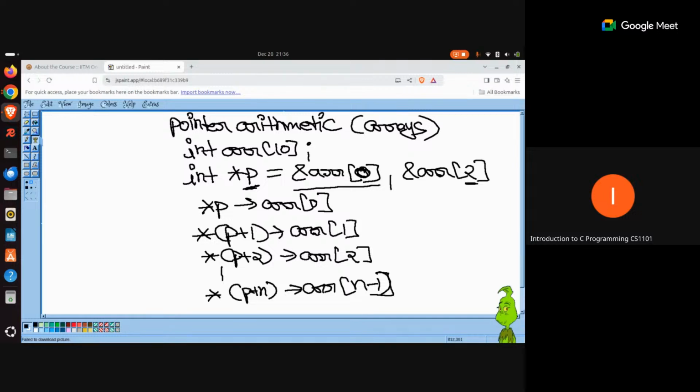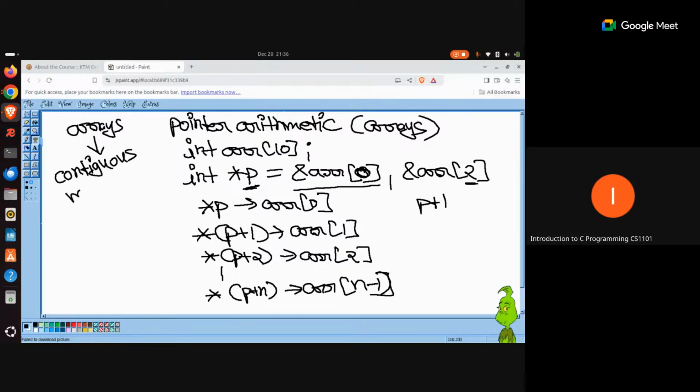So the replacement of ARR1 or ARR2 is going to be with the help of these pointers. And if you say p plus 1, you are actually trying to refer to the next element in the array. And why the pointer behaves like this is something that you also need to understand. We have discussed the concept of arrays. We have discussed the definition, which says it is a collection of homogeneous elements. But there is one more feature that the array provides, which is contiguous memory allocation.